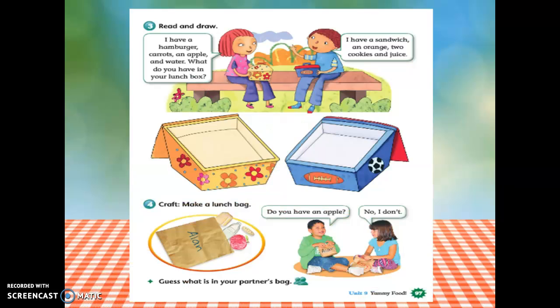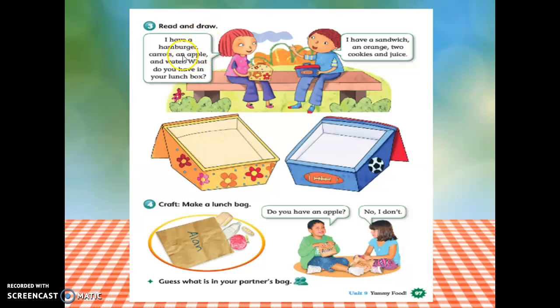Read and draw. The activity number 3 says read and draw. Lea y dibuje. Okay, what about the girl? I have a hamburger, carrots, an apple, and water. What do you have in your lunchbox? The boy says, I have a sandwich, an orange, 2 cookies and juice. Okay, what do you have to do? ¿Qué tiene que hacer? You are going to draw, for example, in the girl's lunchbox,